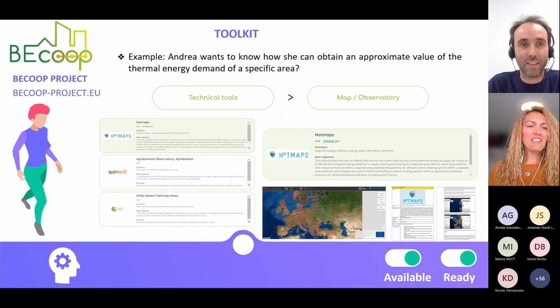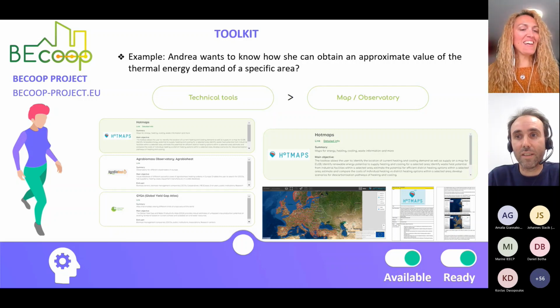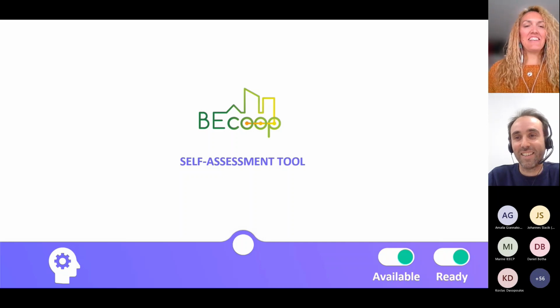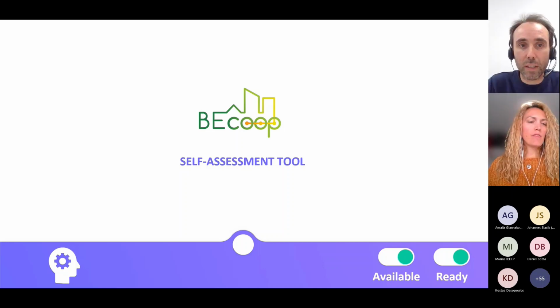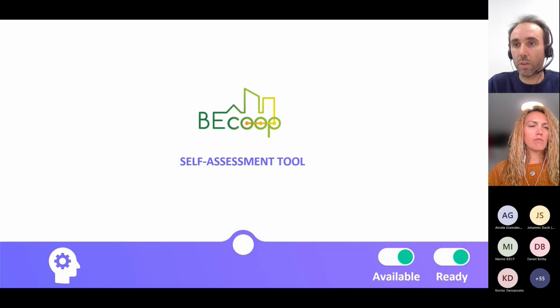Thank you, Sebastian. You have another role, another hat in our session. You'll also be presenting, as you mentioned earlier, the details of the self-assessment tool. So maybe it's also under BECoop, right? You can also access it through the toolkit, I assume. Yeah, well, there are different tools, but you can access it through the web page of BECoop. You can find it there. Okay, go ahead.